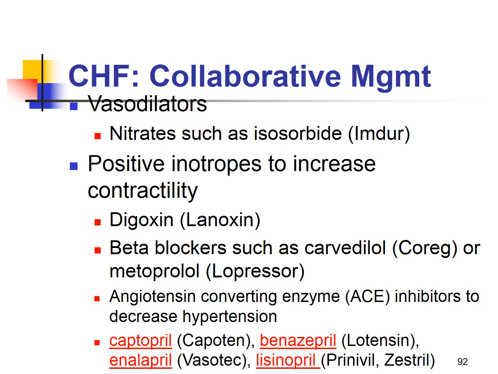So the job of a nurse is to monitor the dig level, making sure that it's less than the toxicity level, less than 2, making sure that they have the antidote on site, Digibind, making sure that you assess for signs and symptoms of toxicity such as nausea, visual disturbances, confusion in the geriatric client, beta blockers such as Coreg,